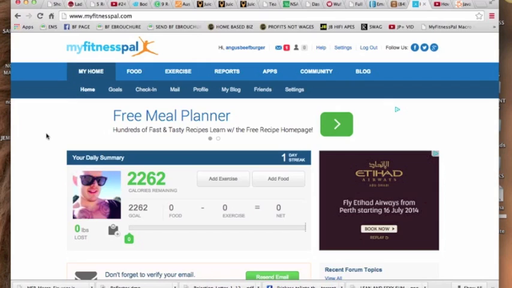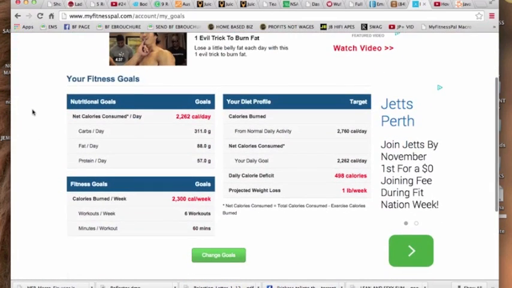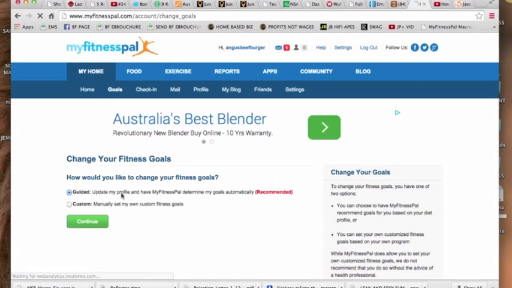So once we've got our own account set up, we want to log in and then set our few things up. Then we're going to click on Goals. You'll see here that if you're one of my clients, MyFitnessPal has set you up on different calories that are entirely wrong, and also carbs, fat, and protein that are entirely different to what I'd set out for you in the first place. So what we want to do is click on Change Goals, click on Custom, press Continue,